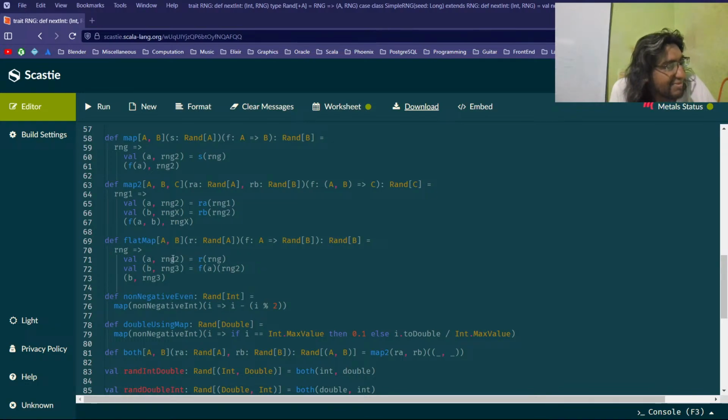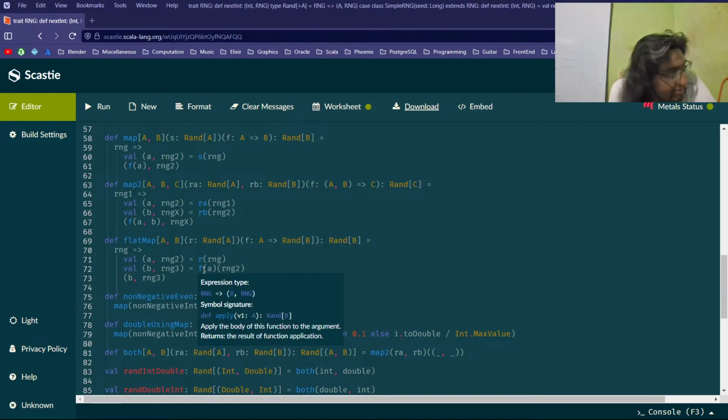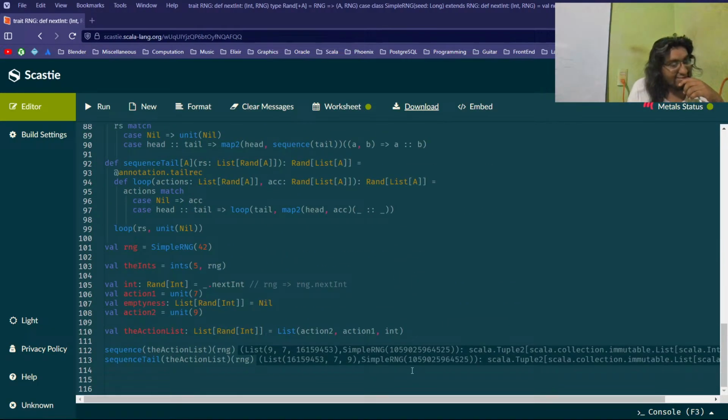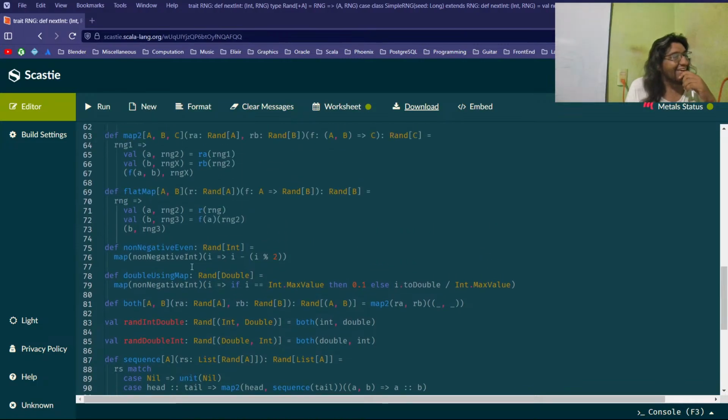But we remember that we have an RNG too, and if F of A, we have an A. Look at this. If F of A, it's giving us a run B, and run B is expecting to be applied to RNG, and we have one. So we say, okay, be happy, and then we obtain our answer, and the compiler at least type checks. Hopefully,